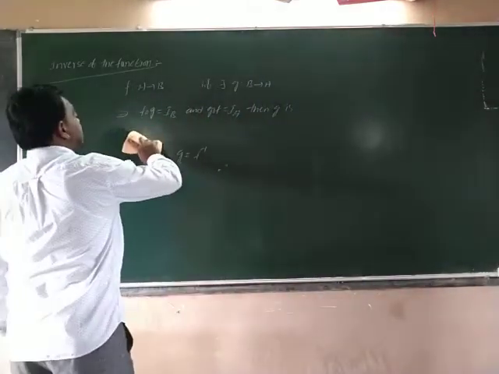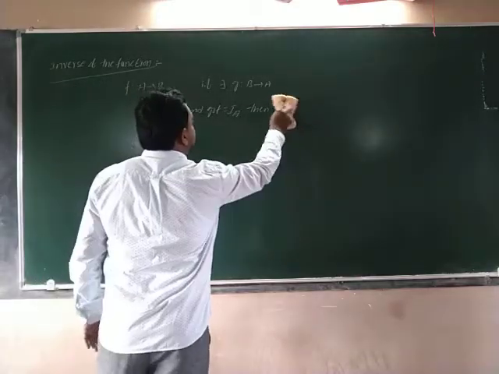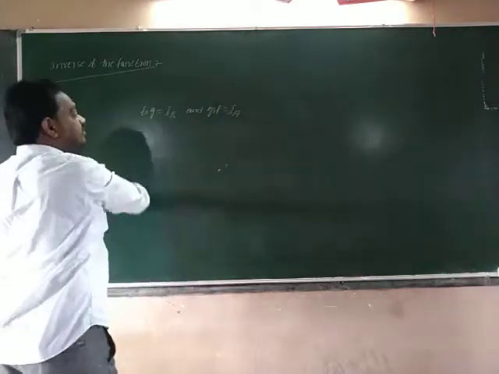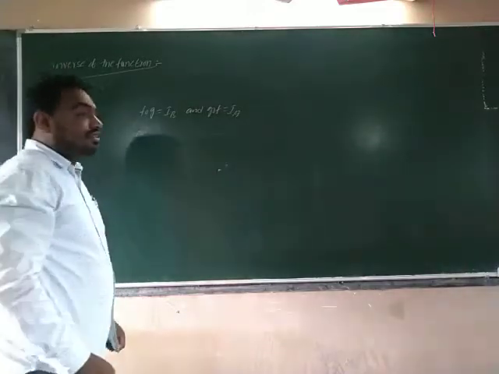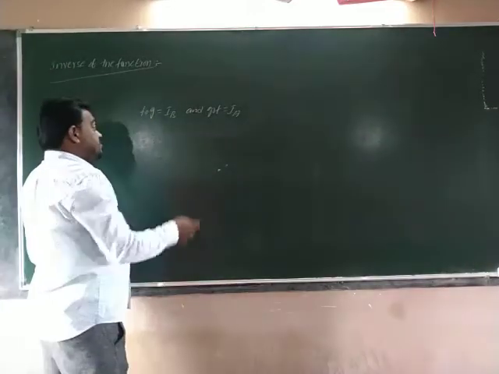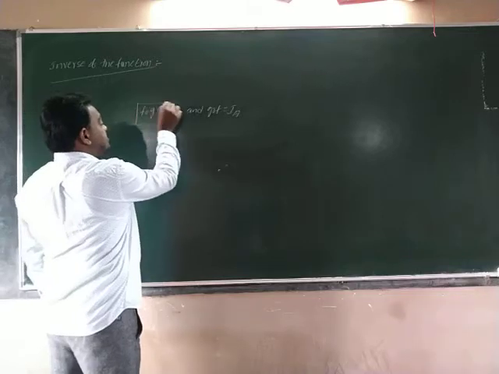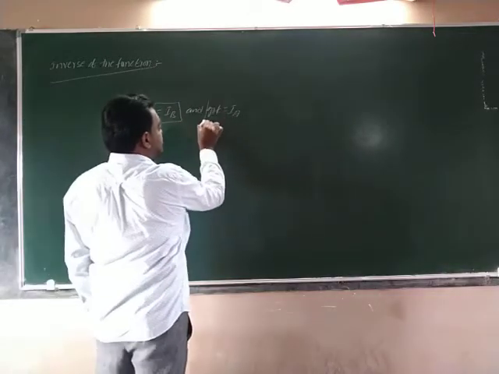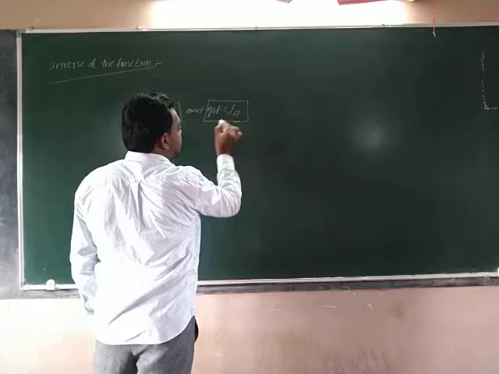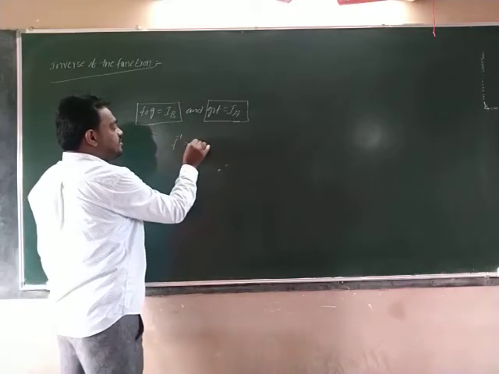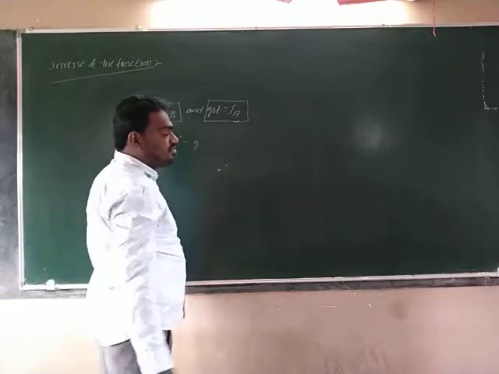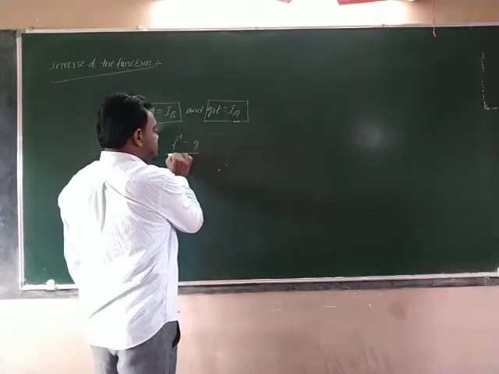For finding the inverse of a given function, how are we finding it? See, just now we are proving F circle G is equal to IB and G circle F is equal to IA. Then, what is the F inverse? F inverse is nothing but G. F inverse is equal to G. So, this is the process.